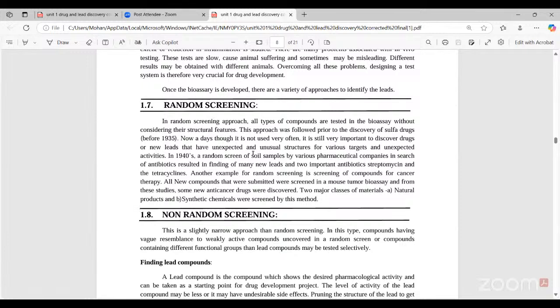Nowadays it is not used very often. It is still very important to discover drugs or new leads that have unexpected and unusual activities for various targets. In the 1940s, random screening of soil samples